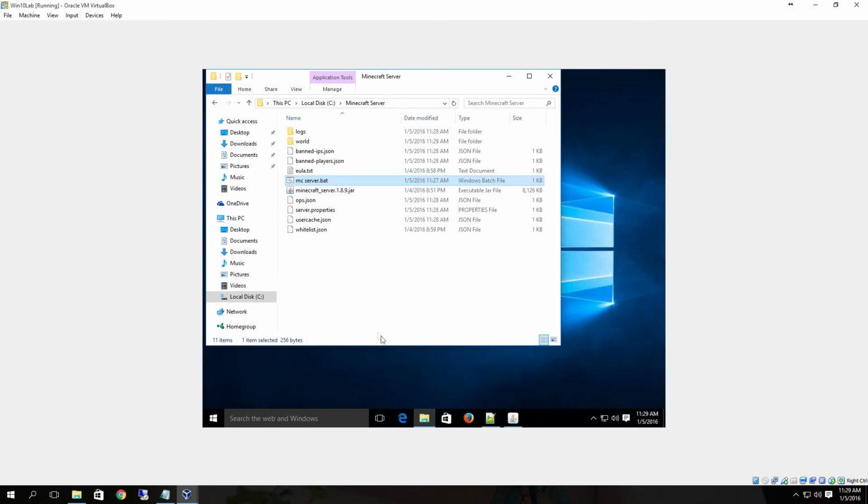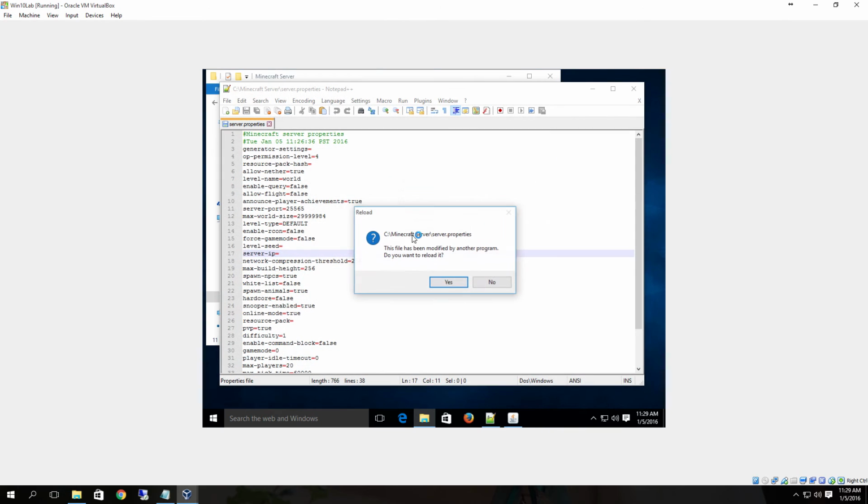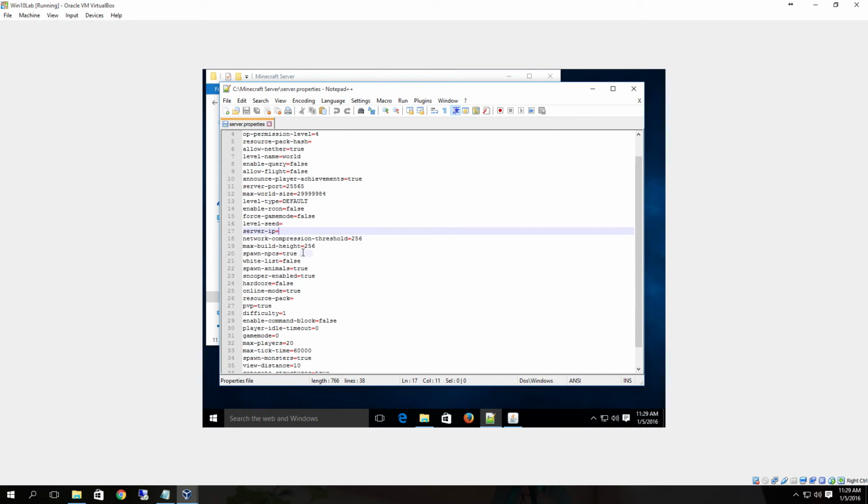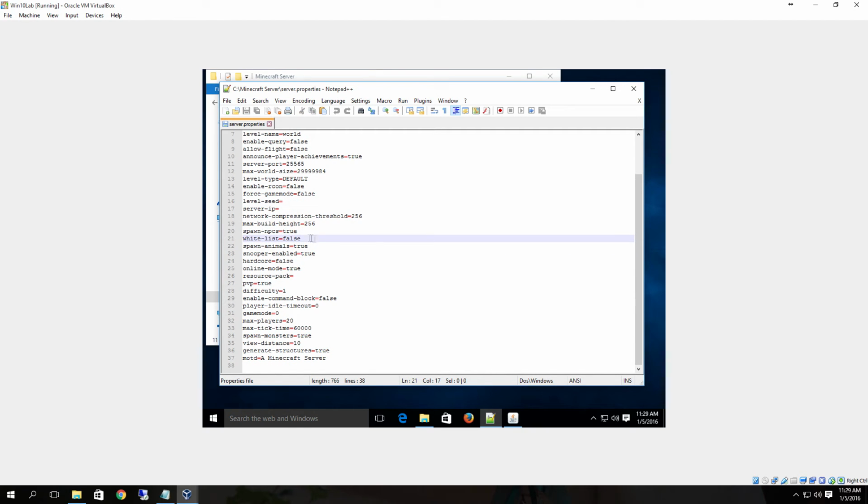Now, to go back and look at the server properties, you want to right click on server properties, hit edit with Notepad++, modified, yes. So you want it to spawn NPCs. You can set hardcore mode right here. You have your snooper, your animals, your whitelist. If you choose to use the whitelist, you have to edit the whitelist with the people that you actually want to be able to connect up. You can set PvP right here. The server resource packs, that way you're actually using a resource pack for the server and anyone connected to it. You can enable the command block right here, set the primary game mode,